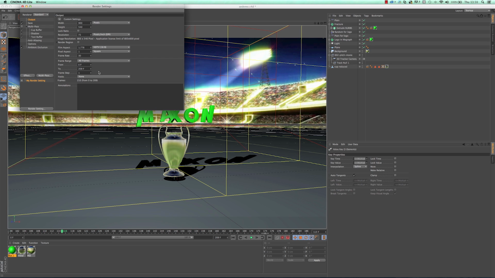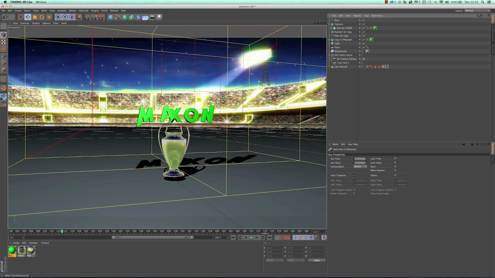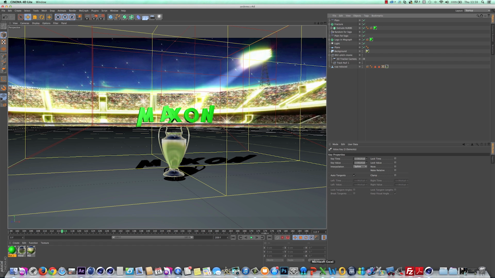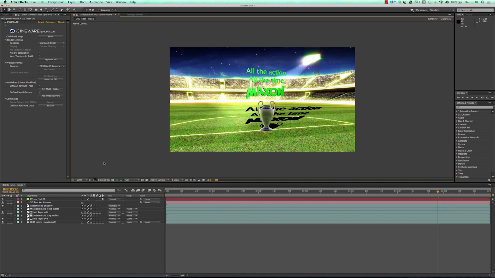But with Cinema 4D Lite, you set up your settings in here, like the anti-aliasing, and you will render your project out of After Effects. So that's something to note as well. So that's cool, that's all done, that's set up. So that's the Cinema 4D scene as I want it. So I just hit the Command Save button here, and we'll go back to After Effects.